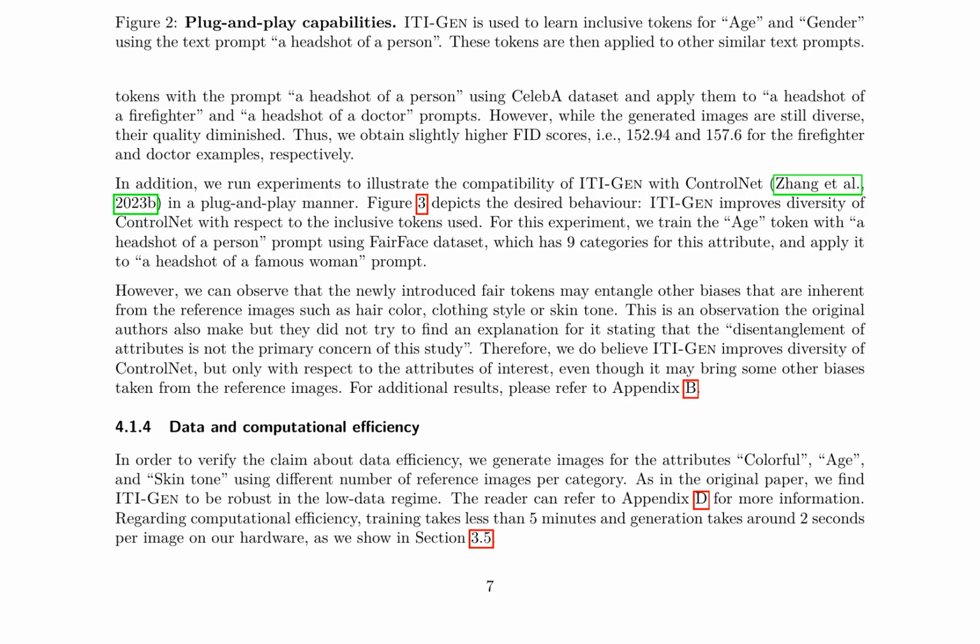Additionally, ITI-GEN's compatibility with ControlNet was tested, showing that it improves diversity with respect to the inclusive tokens used. However, it may introduce other biases from the reference images, such as hair color or clothing style. The model's data and computational efficiency were also verified, with training taking less than 5 minutes and generation taking around